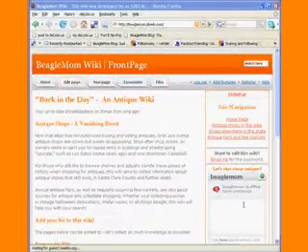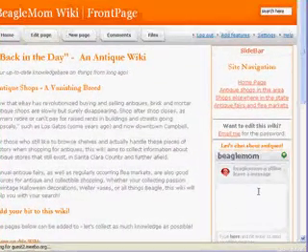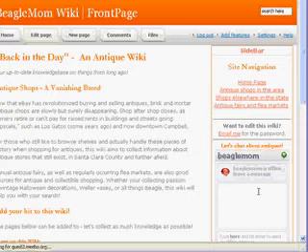Welcome to this tutorial about publicizing your wiki. I'm going to be showing you some ways to publicize your wiki on your blog as well as through internet search engines. So the way to get started is to come over here to the settings on the top right,